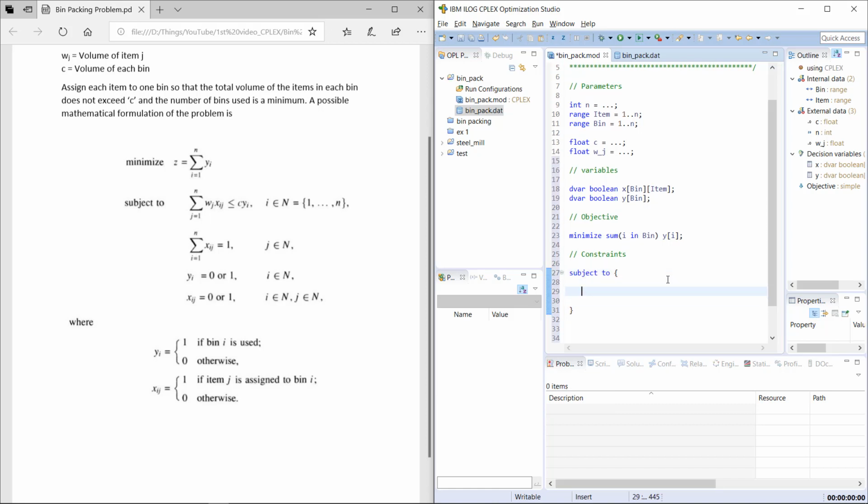So first we can see that this is for all I in bin. So this is for all I, and the summation is from j to n. So we'll write first for all I in bin,